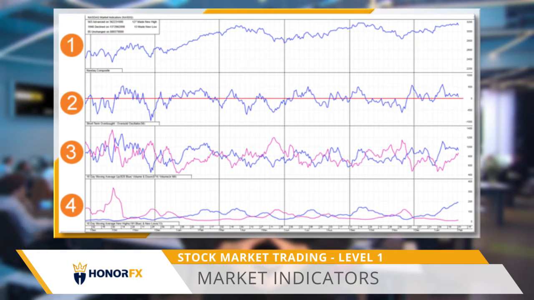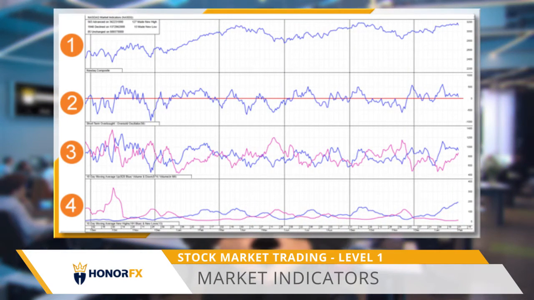Two 10-day moving average lines are presented to illustrate the volume of all stocks on an exchange that are moving up or down in price. Many market indicators look at the percentage of stocks above or below key moving averages, such as the 50 and 200-day moving averages. Blue line, a 10-day moving average of the total volume of all stocks on an exchange moving up in price. Pink line, a 10-day moving average of the total volume of all stocks on an exchange moving down in price. When the two lines cross, this may indicate a trend change in favor of whichever line is moving up. Examples: